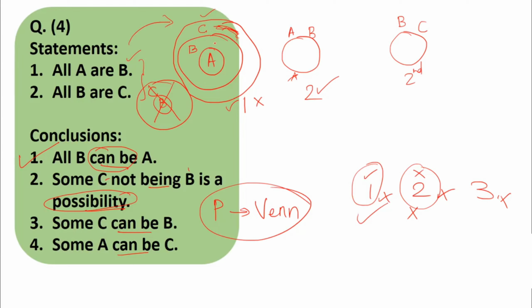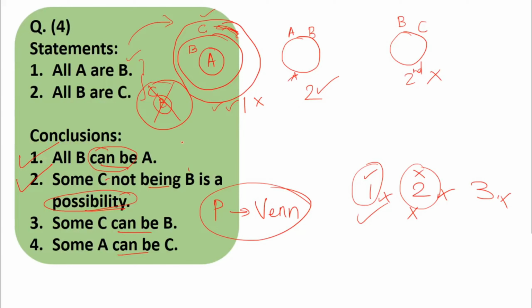Some part of C will not be B over here. But over here we cannot say that. Here entire C is B. So here the conclusion holds true, here the conclusion does not hold true. So in one situation we get the conclusion as possible, in the second situation as not possible. So we have to mark this as correct. One possible, one not possible, correct. If all are possible, false. If all are not possible, false.